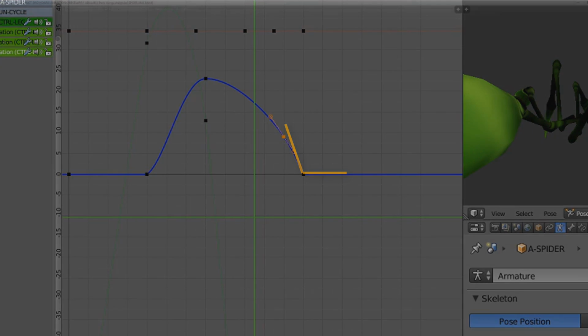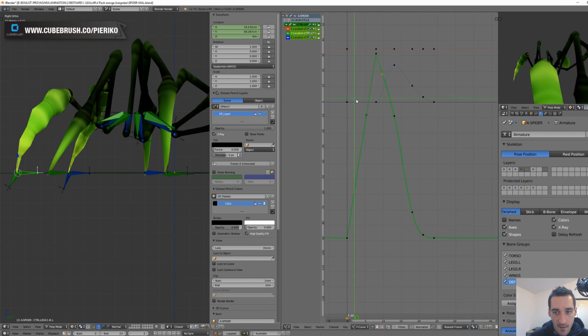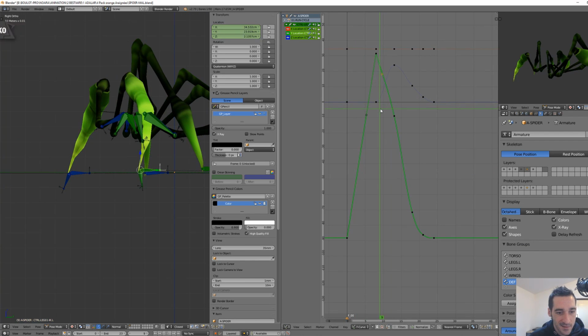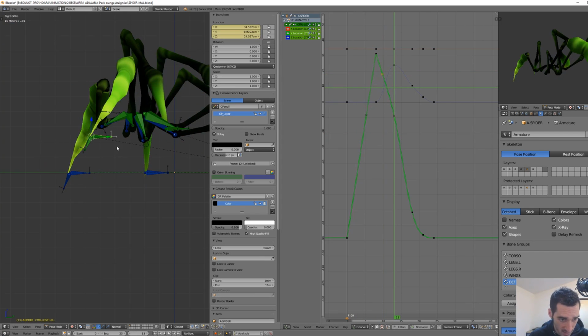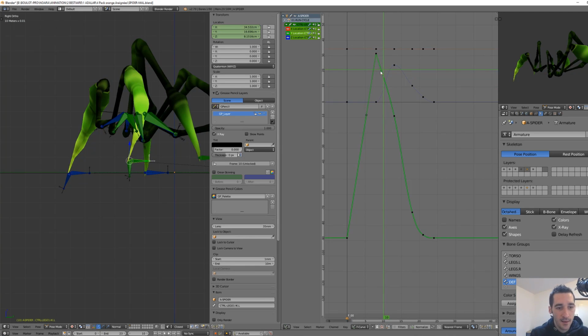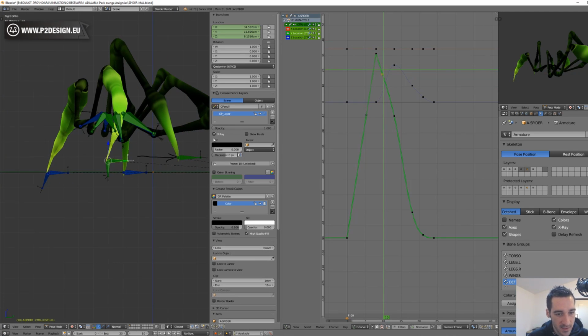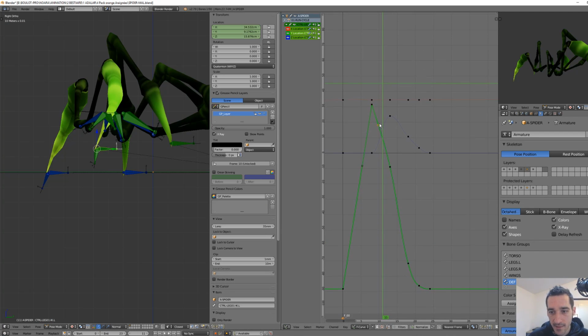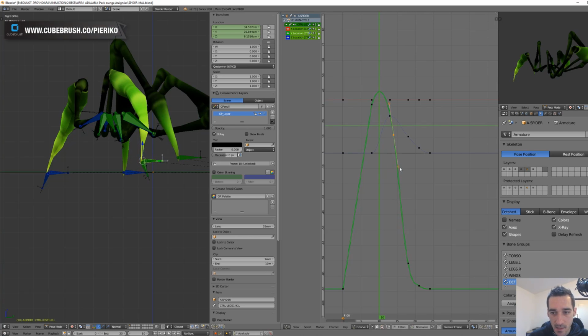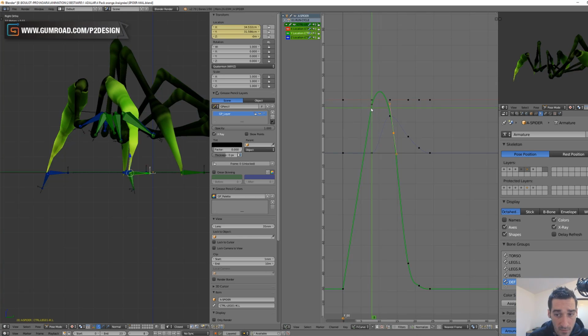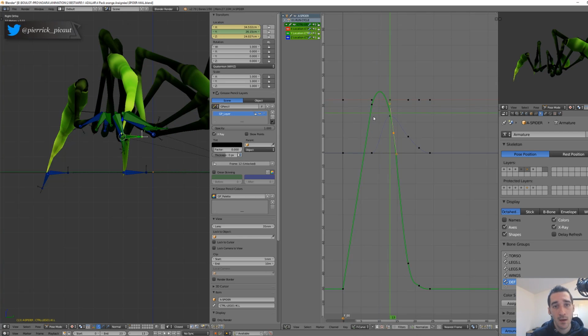And regarding the movement from back to front, you can add a little slowing, but not that much. So then I was just trying to get a nice curve, and once I was done with the first leg, I also had to make sure that once the foot was on the ground, it had a linear interpolation. And once I was done with the first leg, I made the same process for the 4 others, and then